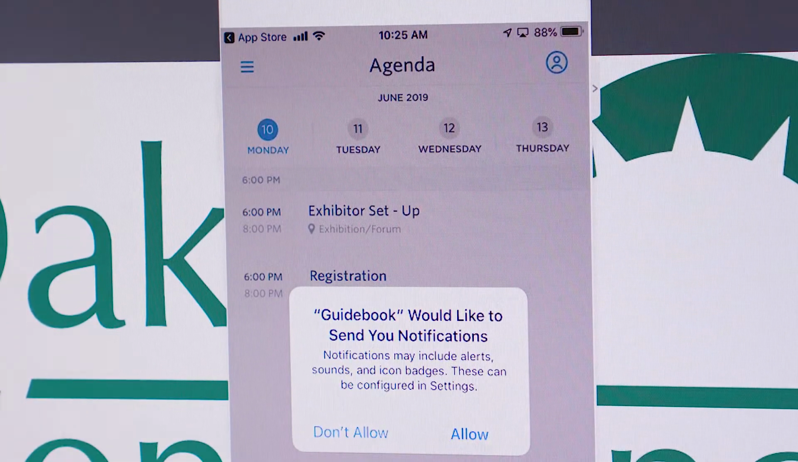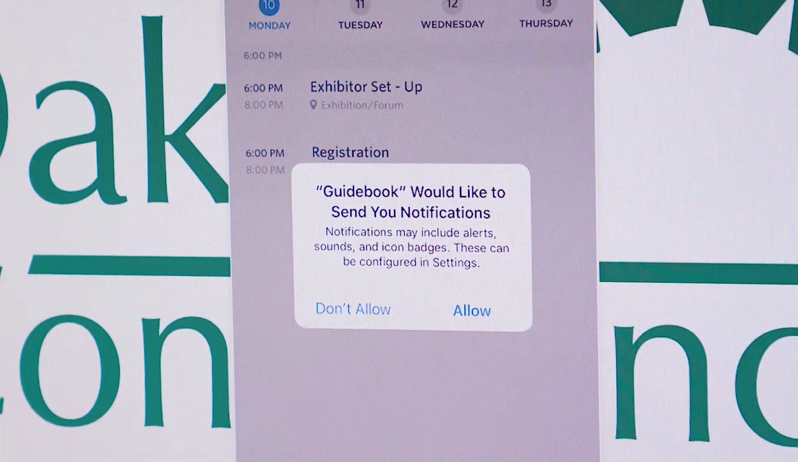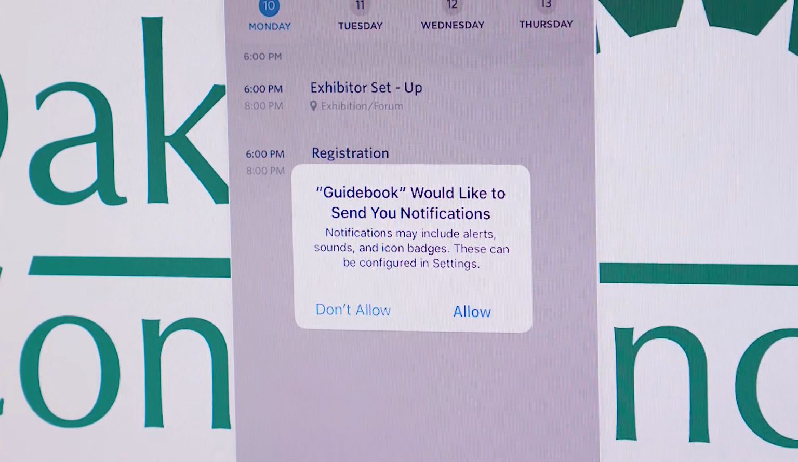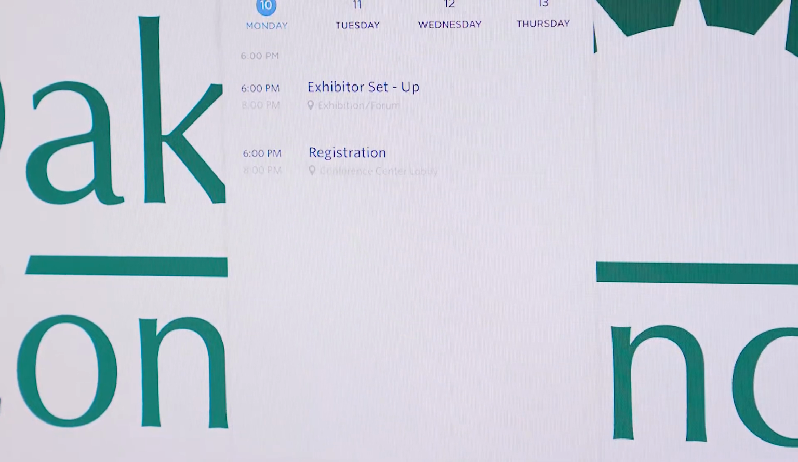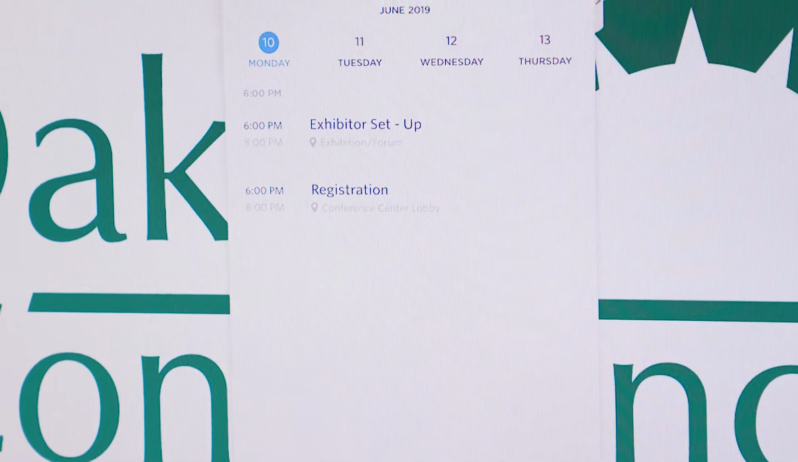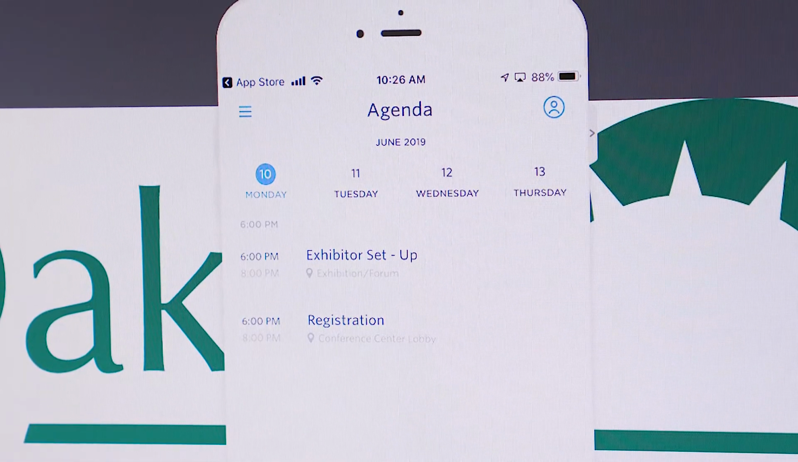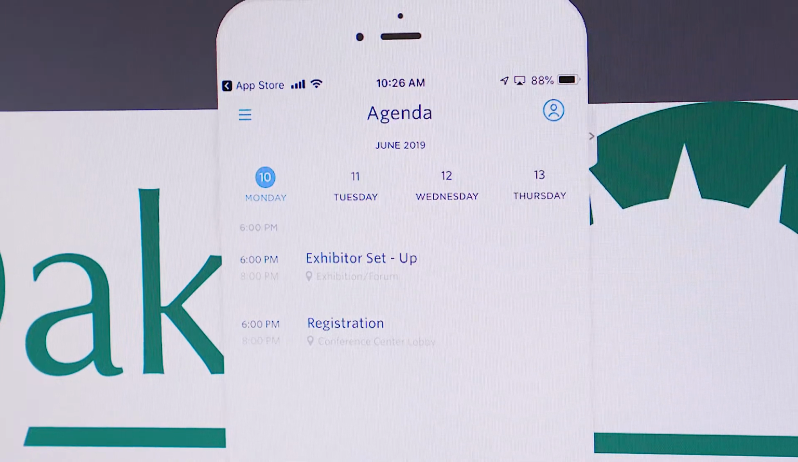screen, and you want to go ahead and allow notifications, so in case the staff has any announcements they want to get out to our participants in a timely manner, this app will notify you of any of those announcements. So on the next screen, on your home screen, you're going to see the agenda, but at the upper